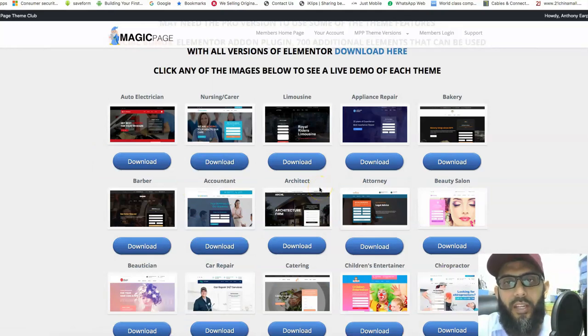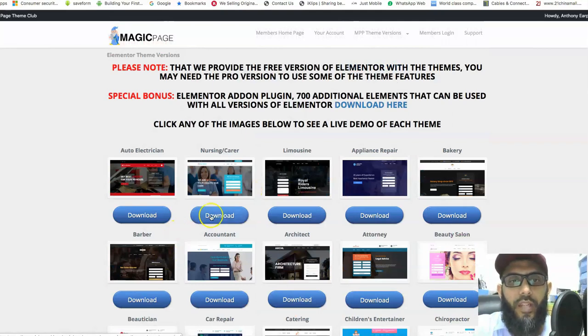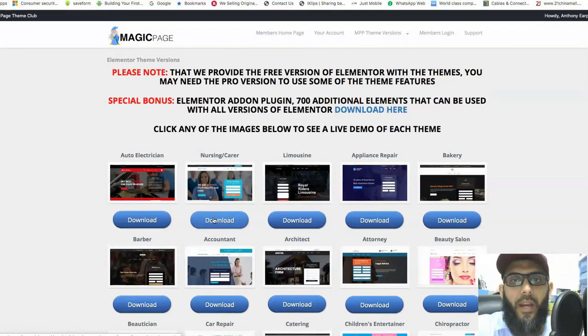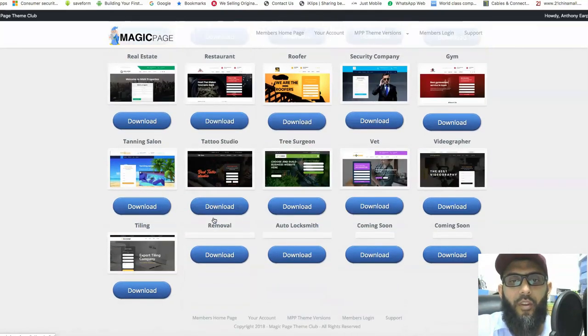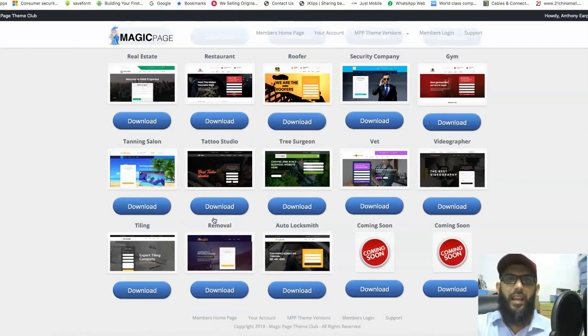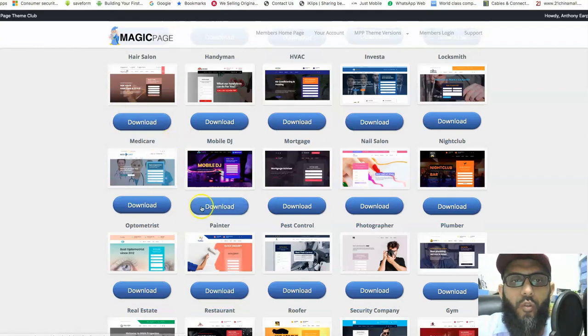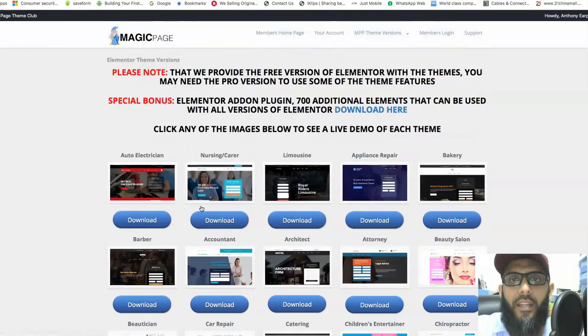So that's really good for you. You can just choose and download 3 of them. I think the first part you're going to have 3, and if you want an upsell, there are 9 or so you can choose. I'll show you the upsells, but this is what you need to choose in terms of theme. And then in terms of plugin, you will be getting a plugin.